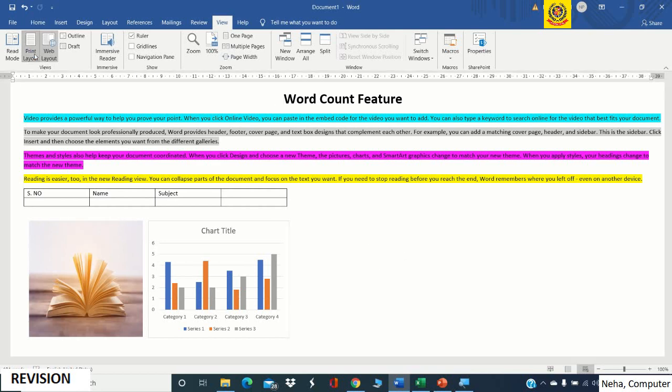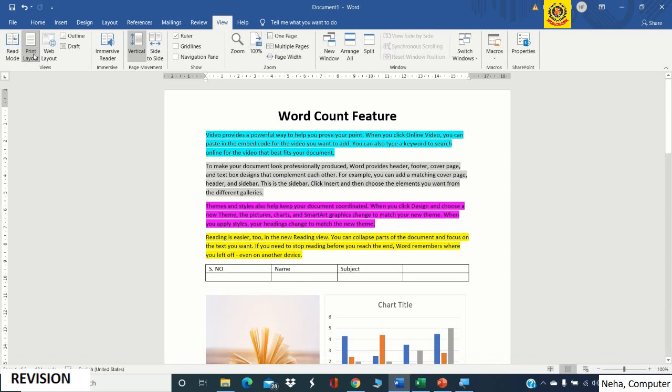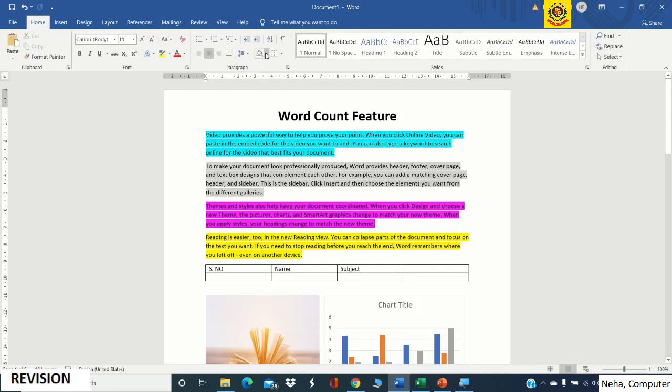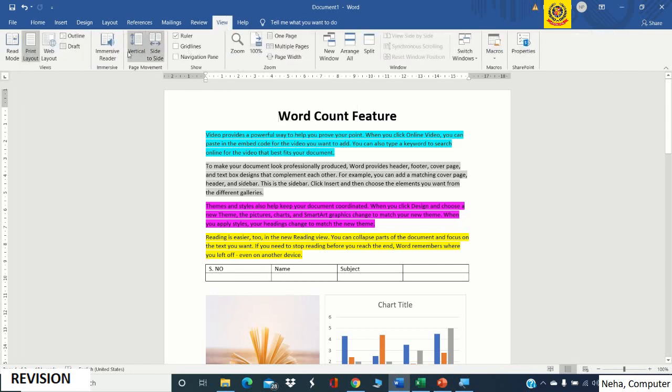Now moving back to print layout, we will see the outline view. As I click, we can see that all the pictures and charts are not shown here. Here we can view the document's structure and the headings, so that we can get an idea of how the document looks. To close it, we'll click on Close Outline View.